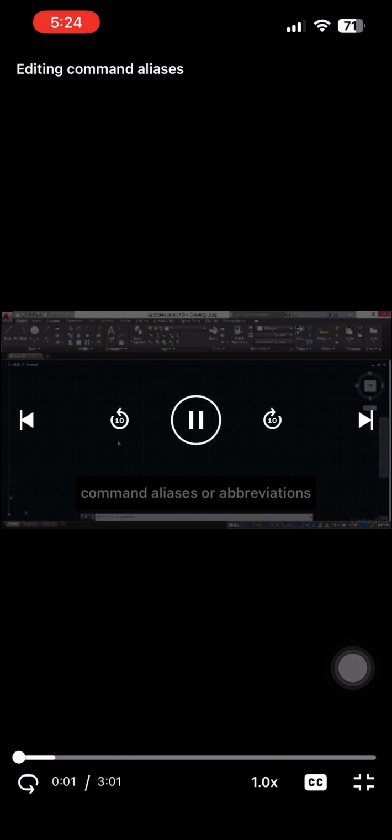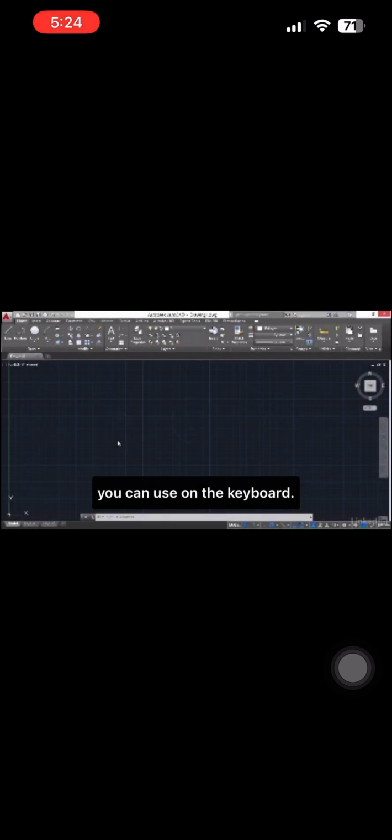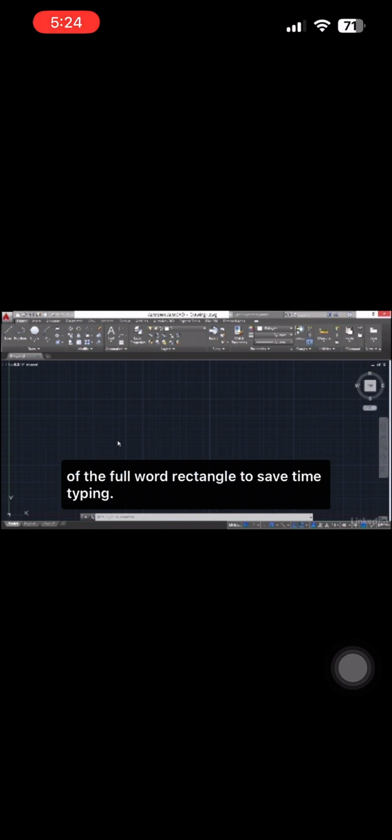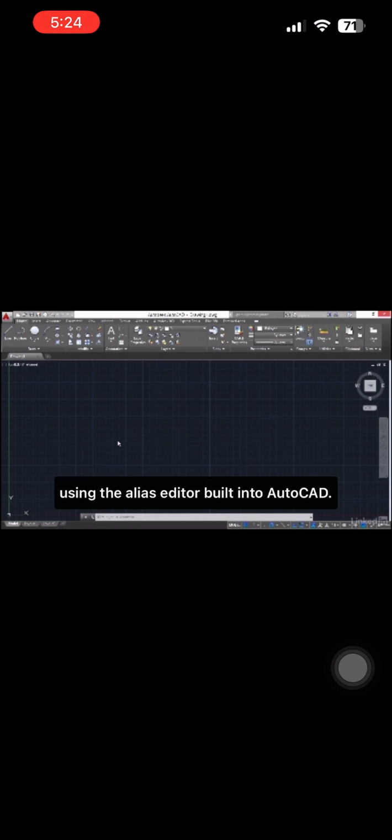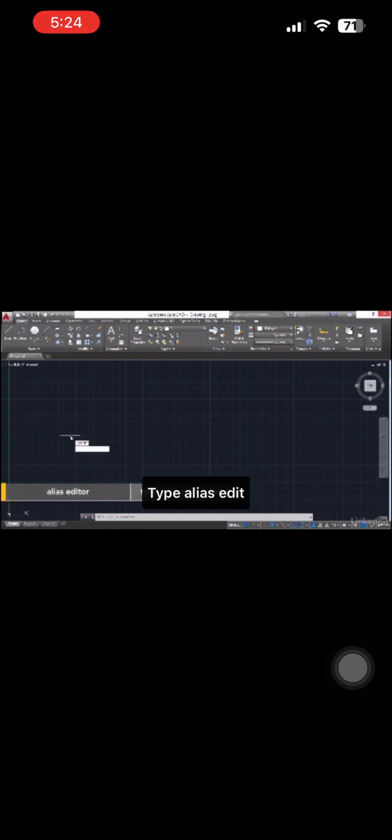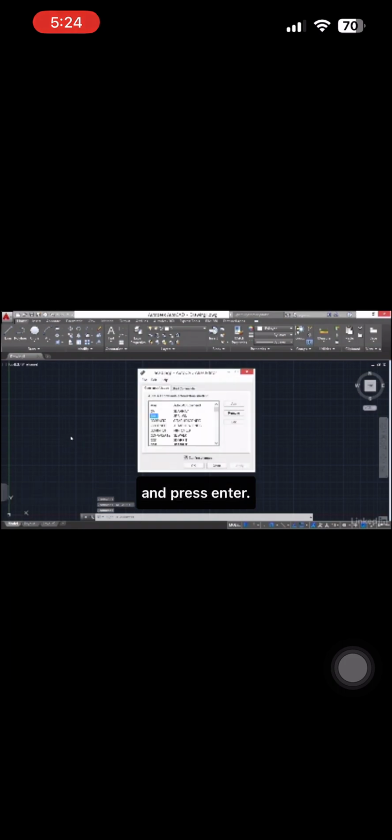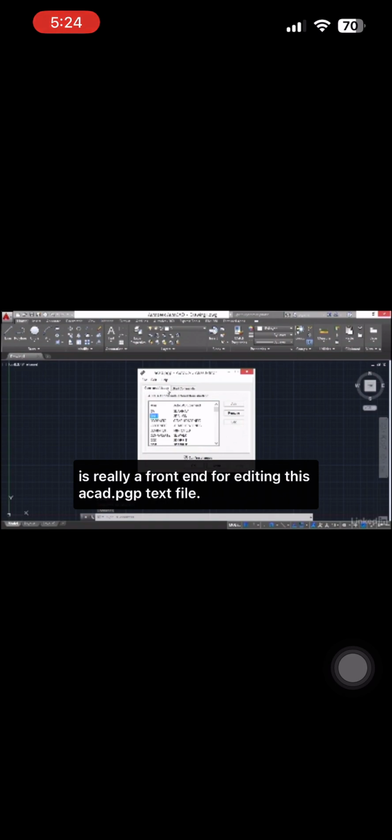Most commonly used commands have command aliases or abbreviations you can use on the keyboard. For example, you can type REC instead of the full word rectangle to save time typing. In this video, you will edit a command alias using the alias editor built into AutoCAD. Type alias edit and press Enter. That opens up this dialog box, which is really a front end for editing this acad.pgp text